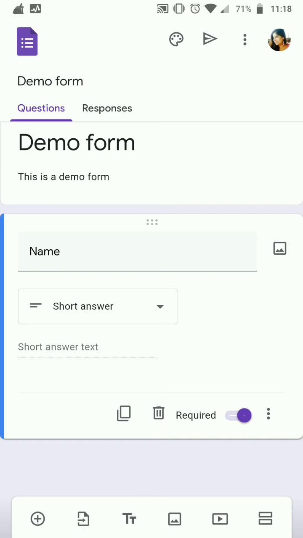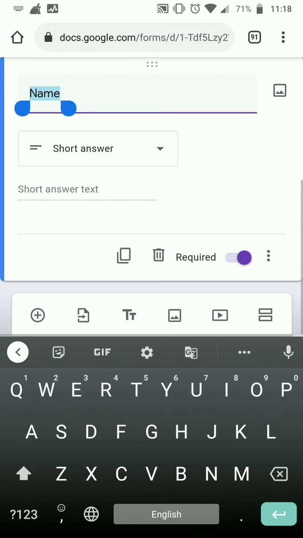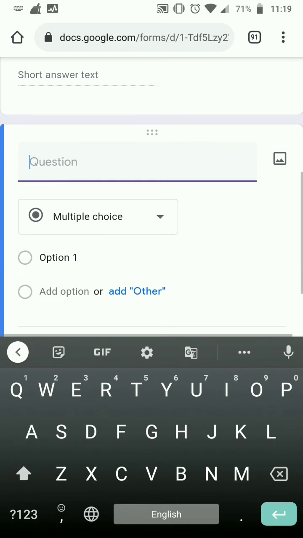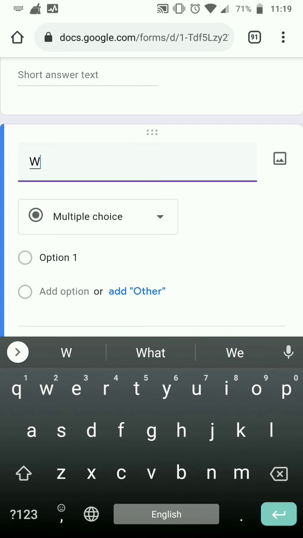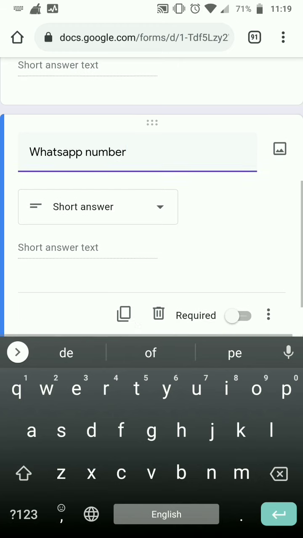So once this question is created, for example, I want to ask name, then click on the plus sign here and another question will pop up. Now you ask WhatsApp number, then it will automatically pick short answer, otherwise you can add it.